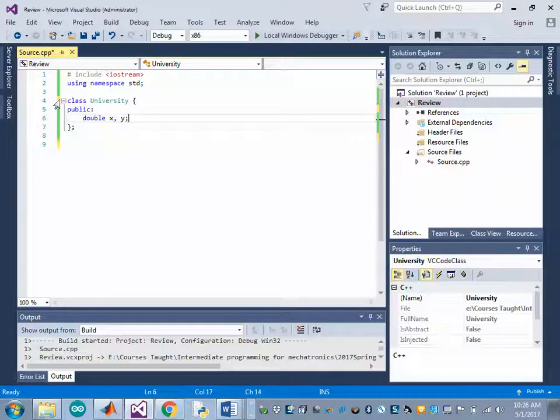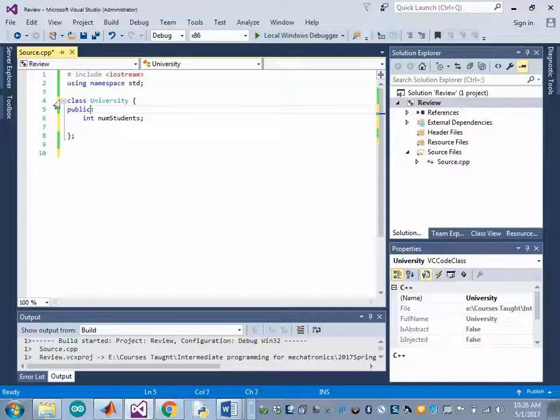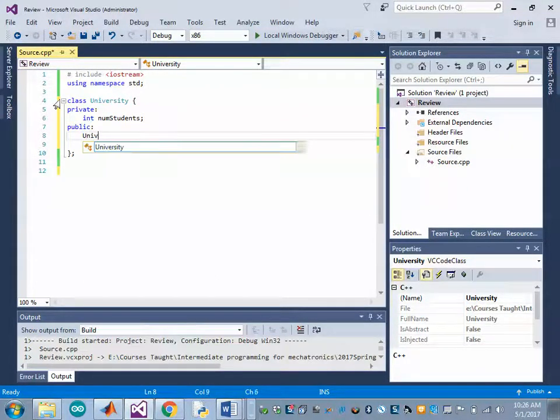We'll have an integer for the number of students. Actually, let's make that private, because it's more typical to make the data members private and then access them through public member functions. So let's create a constructor University